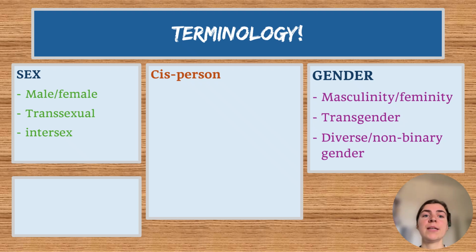Then something that is in between or combines both categories would be a cis person. A cis person has been assigned one sex at birth and then fulfills the gender role that agrees with it. So if you were assigned the female sex at birth, which is my case, for example, then I portray this gender role of femininity and also feel myself as a woman in society. This would then be my social role as well. Then this would be a cis person.